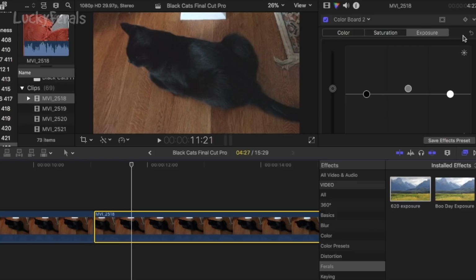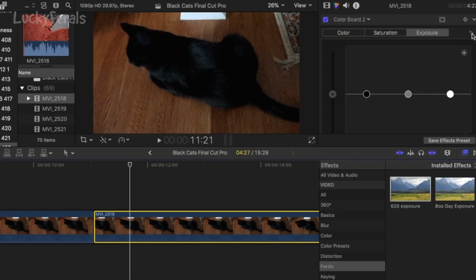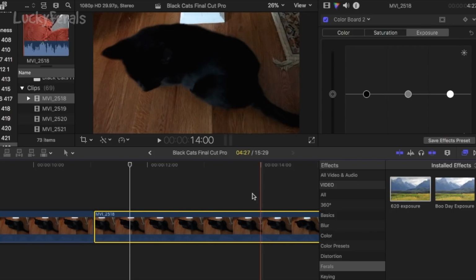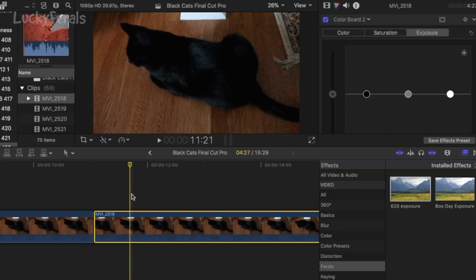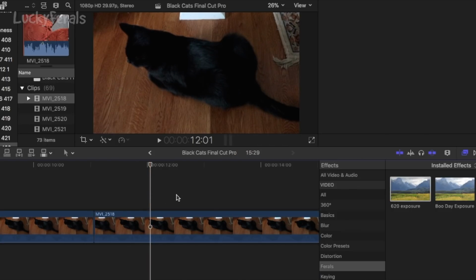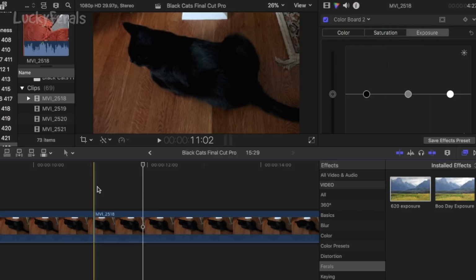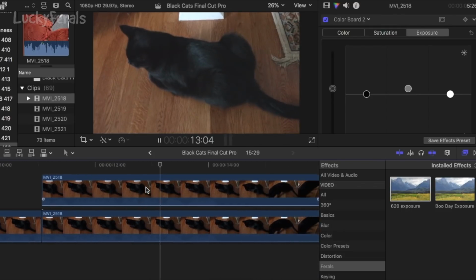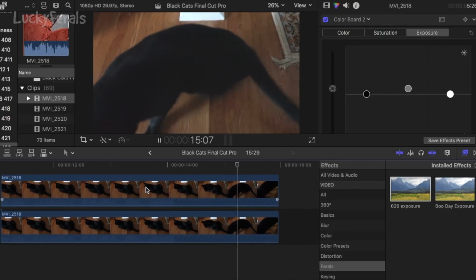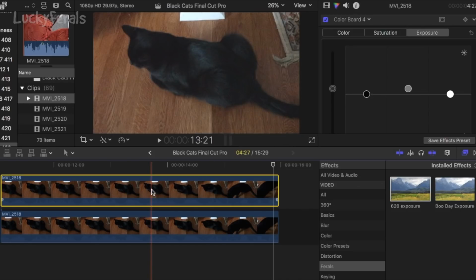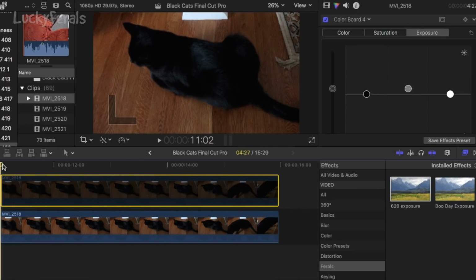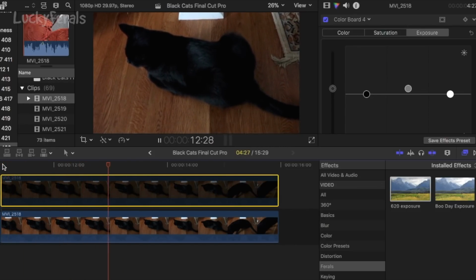And to do that, I just have to hit this back arrow, and that brings it right down to the original exposure. And you see up here, it's gotten really dark. So that's what it would have looked like originally, and that's what it looks like after it was exposed. Before the exposure,